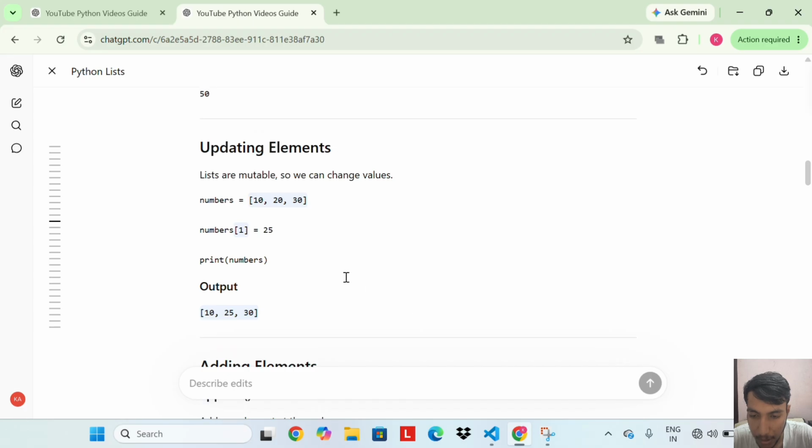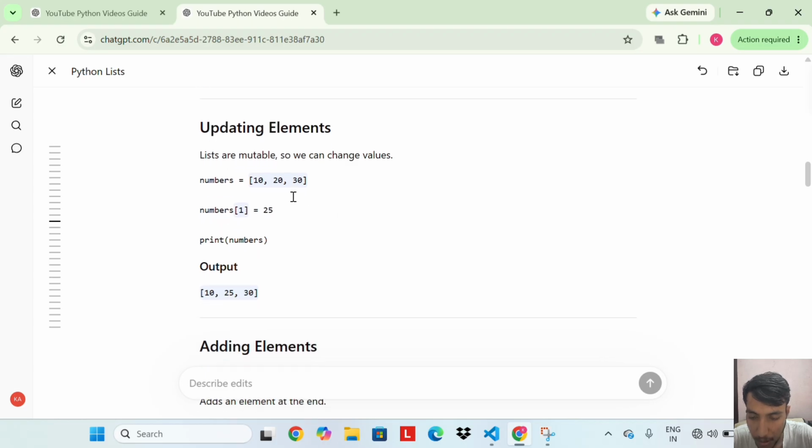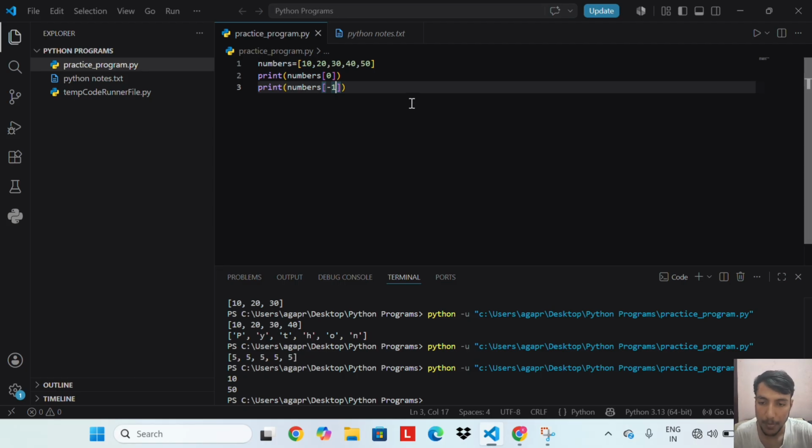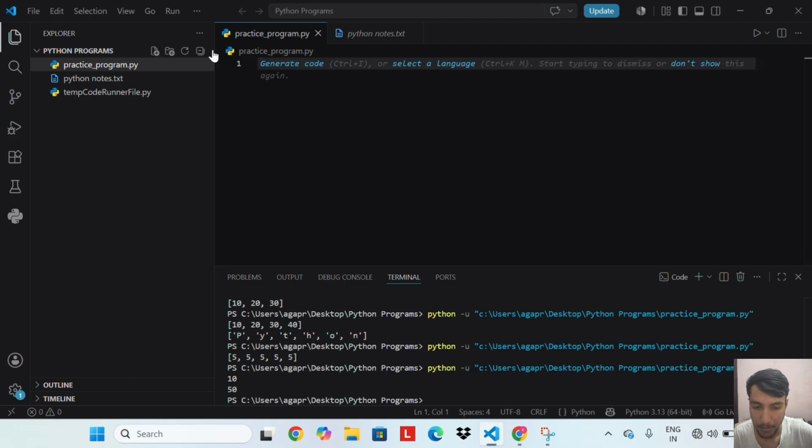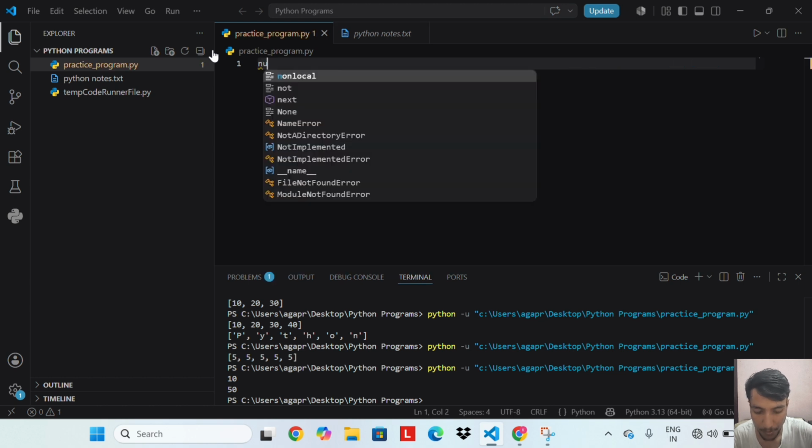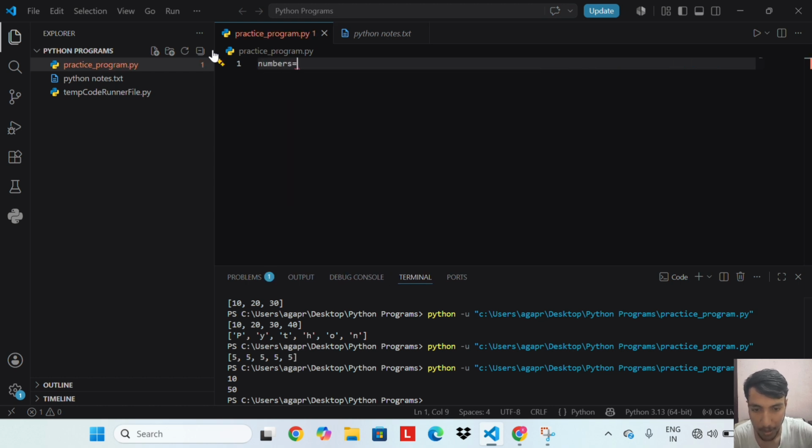Updating elements. Lists are mutable, so we can change values. So let's do an example of updating elements. Numbers equal to 10, 20, 30.